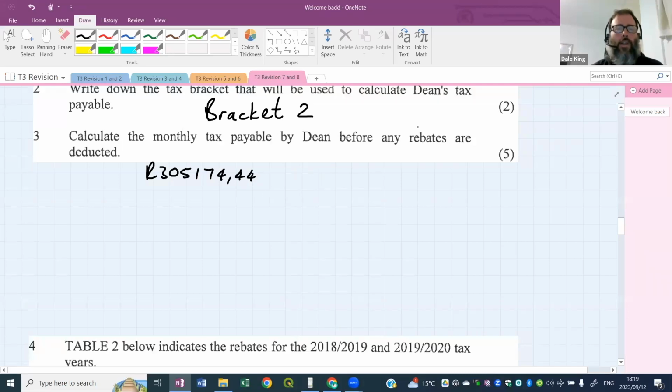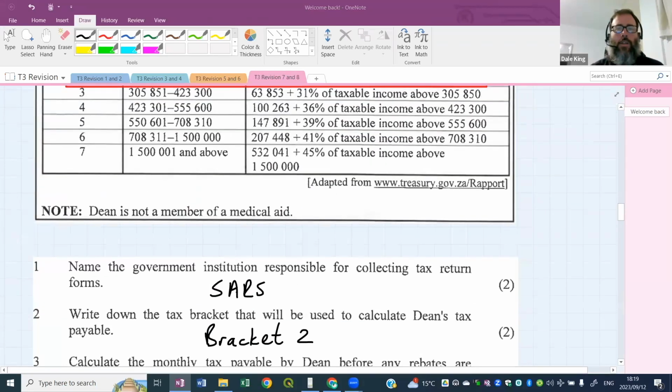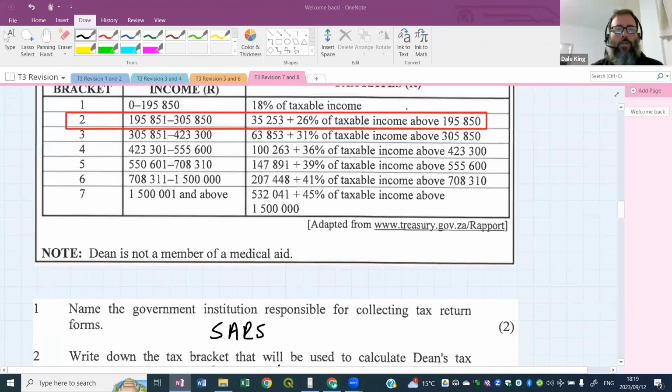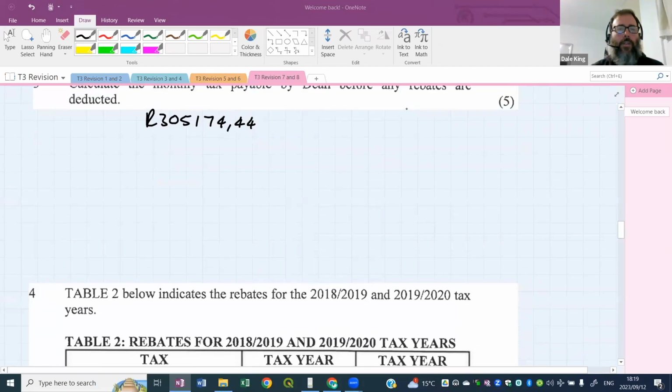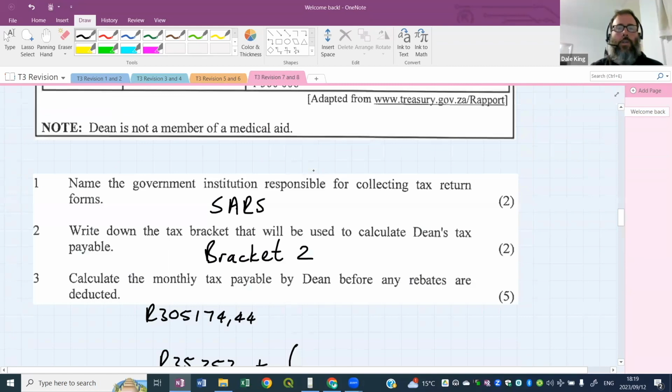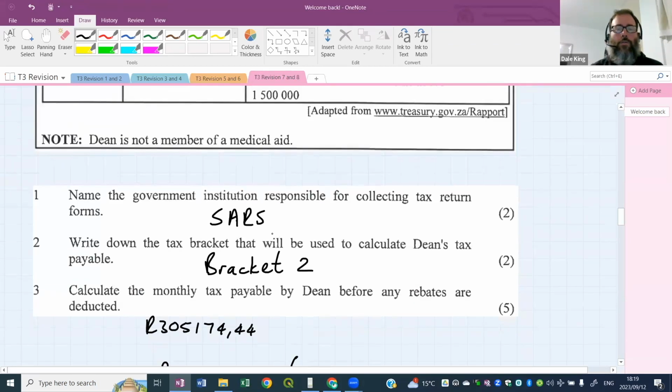Well done, Rafile. Now let's look at the bracket. Let's write the bracket out. So 35253, 35253 plus 26% of